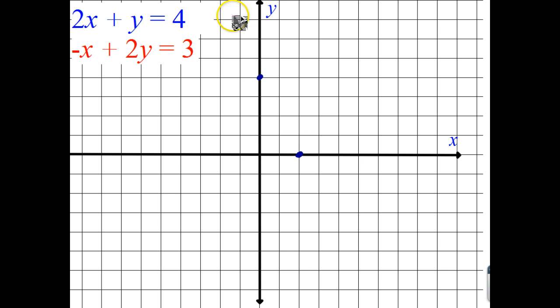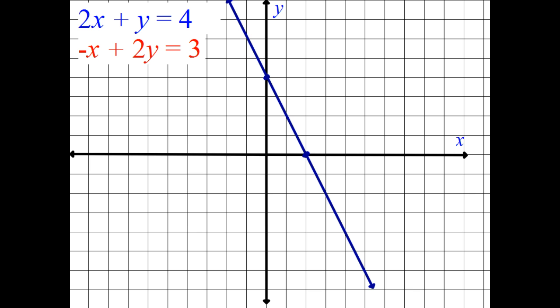it should start up about here. We'll draw it down through. Okay, and I'm going to try to draw as far across the graph as possible. Okay, next I've got negative x plus 2y is equal to 3. Well, I can find the x-intercept pretty well, but 2 times what equals 3? That's going to be a fraction that does not look very friendly to me. So I'm going to just go ahead and put this into,